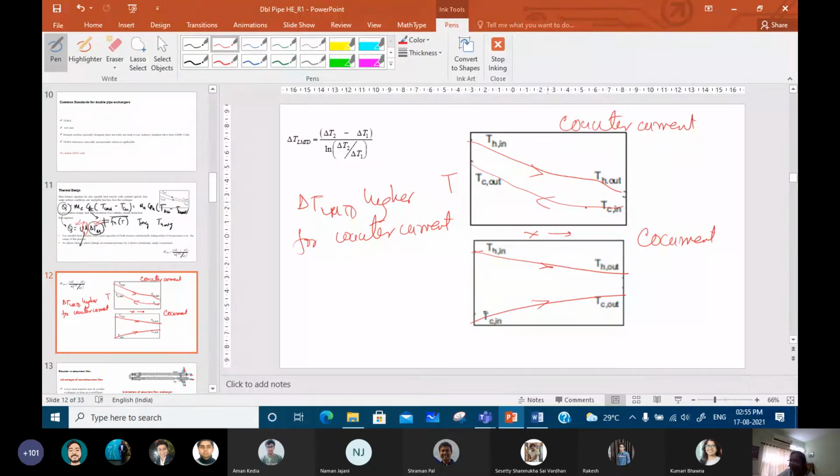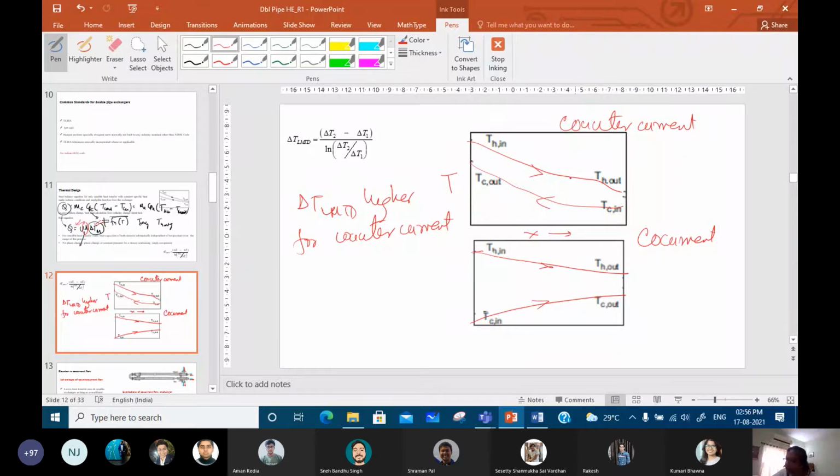Does the temperature profile suggest anything? Anybody? Once more, I'll try. Chinmay Jain: I mean, counter current flow, like we can extract a higher amount of heat. Yeah, definitely, because delta T LMTD is higher. That goes without saying. That is the first reason for which we are going for counter current flow. There's a second reason. Definitely, there can be cases when there is a temperature cross and we cannot go for co-current flow. But see the other important thing.